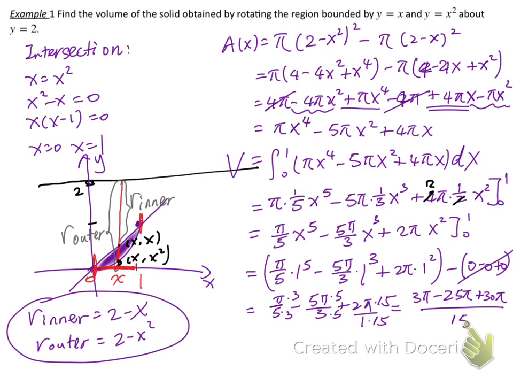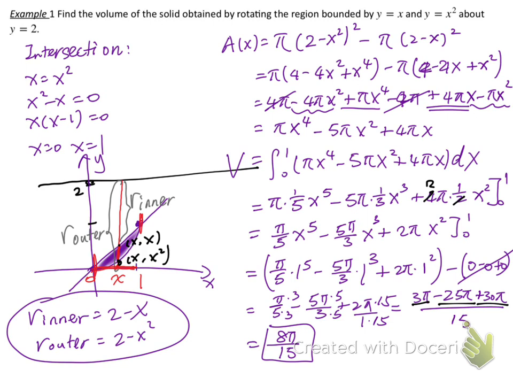So I will do the plus first. 3 plus 30, 33. Minus 25, 8. So equals 8 pi over 15. That's the answer. Okay, so what I'm trying to show you is that it is good if you have the